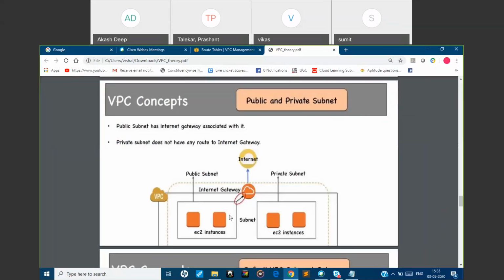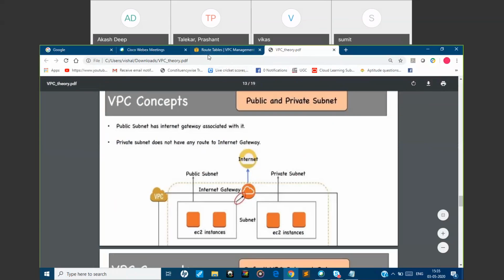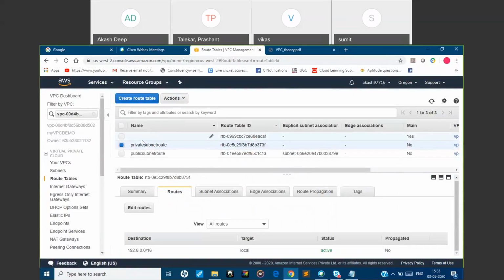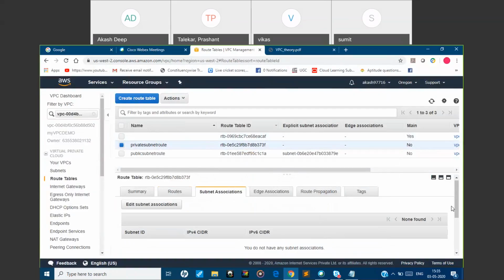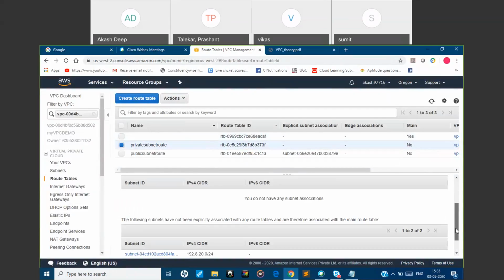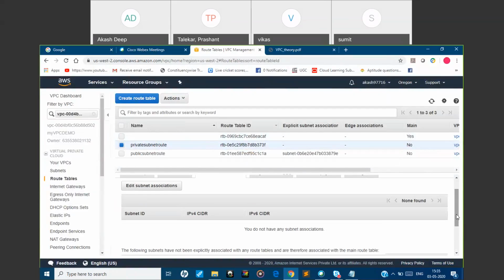As of now, we are just making the other two subnets private. Just go to the private subnet route, click on subnet associations. That means what is required for the public for accessing the database information, only that will be displayed, and the others will be private.